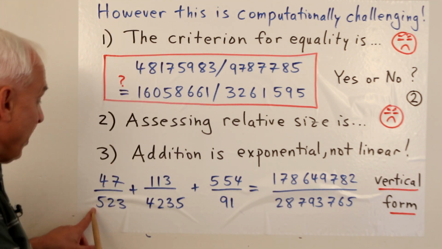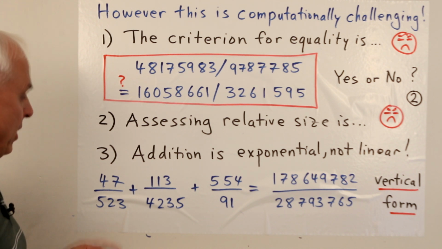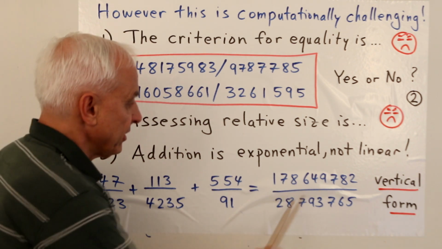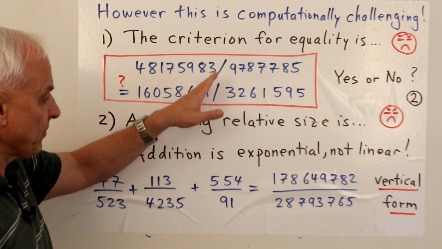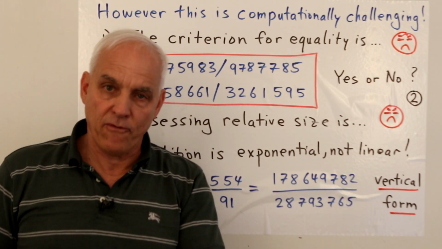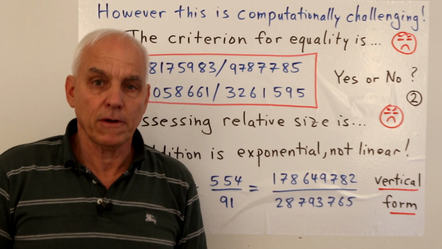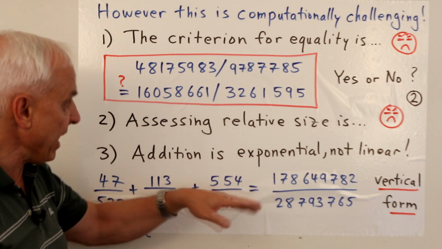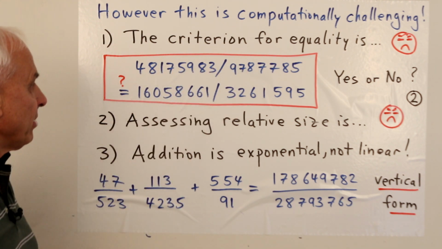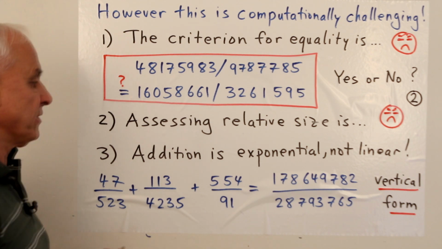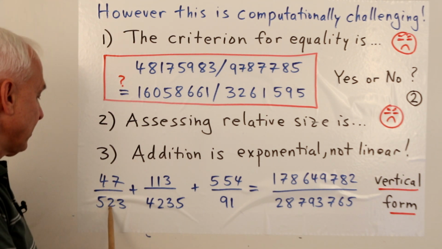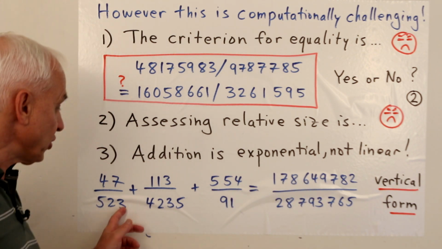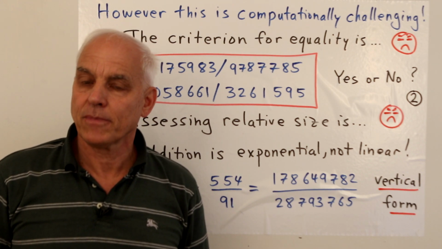So for example, suppose you wanted to add these three fractions. Now, wait a minute, these don't look quite the same as our usual ones. It's not with the forward slash. So we're shifting to a vertical form for fractions, which is more usual. And it's advantageous when the numbers start getting big and you really want to be able to compare things. This arguably takes up more room, but this is a little bit more efficient. Okay, so it turns out that this fraction plus this fraction plus this fraction is this rather big fraction, even though we're just doing two additions.